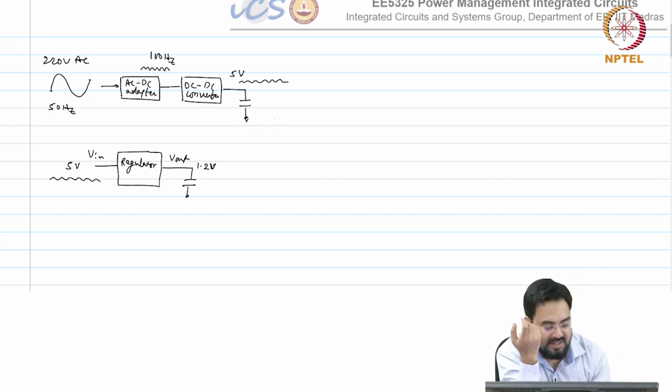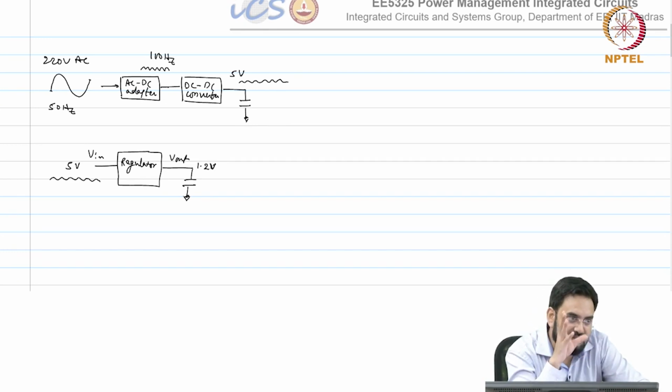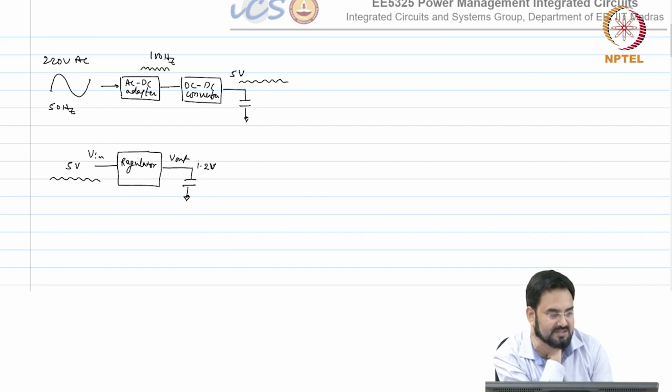Yeah, that may be the one case, but that is not always true. It depends how you have designed your regulator; when we come to designing the regulator, you will know that it is not that the output cap will always improve it. It depends on what your dominant pole is, whether the dominant pole is inside the regulator or at the output. If your dominant pole is inside the regulator, then your bandwidth is limited by that pole, not by the capacitor. So, increasing the cap may not help here, unless you make the output pole dominant. If you make the output pole dominant, then obviously it will always help,